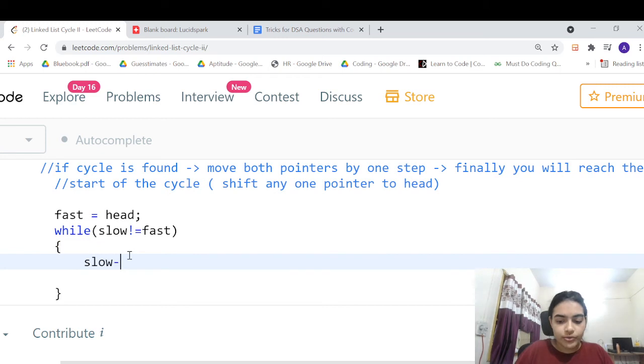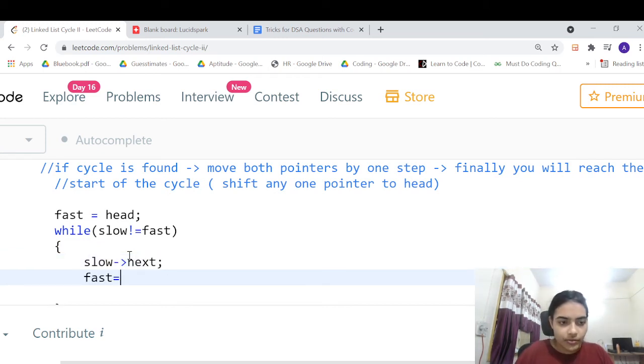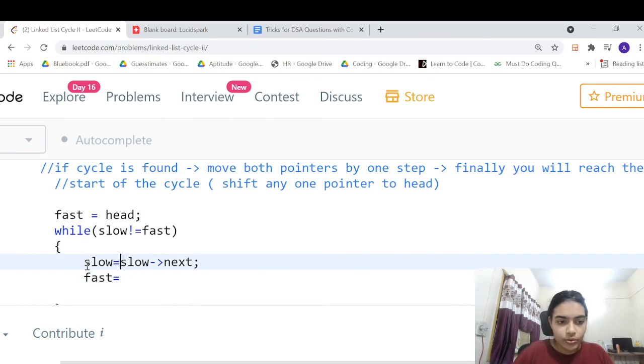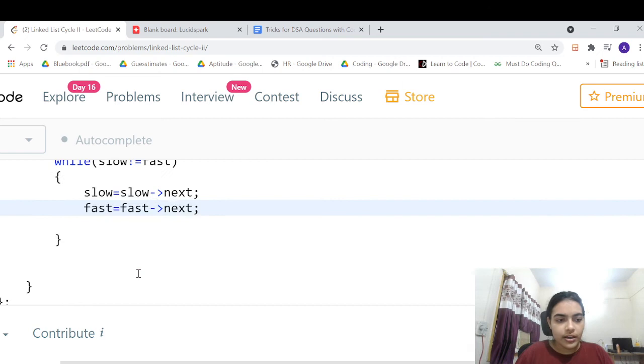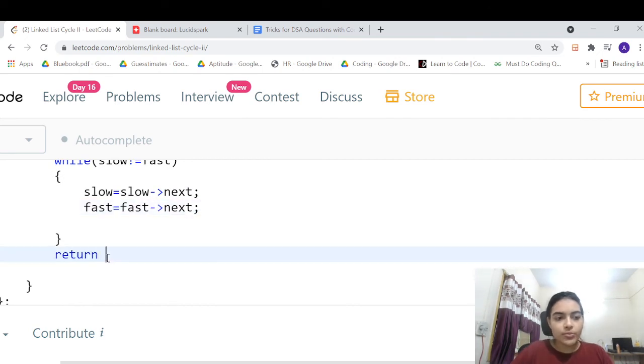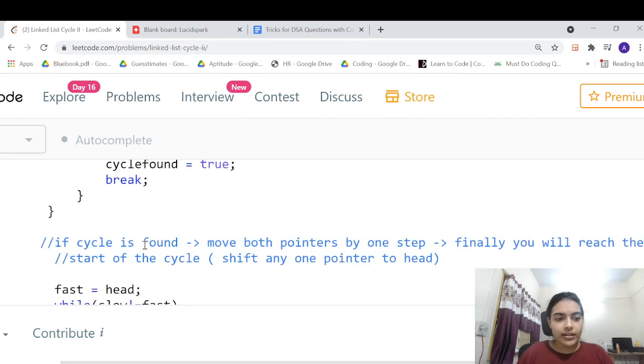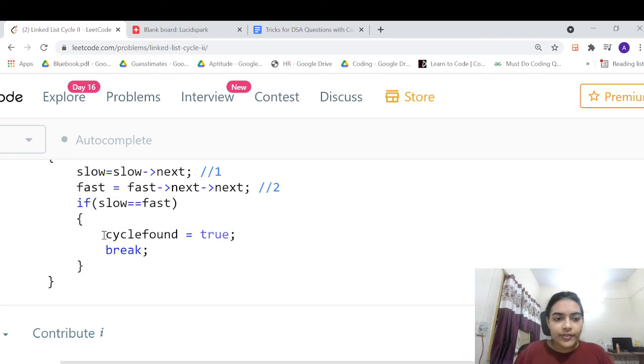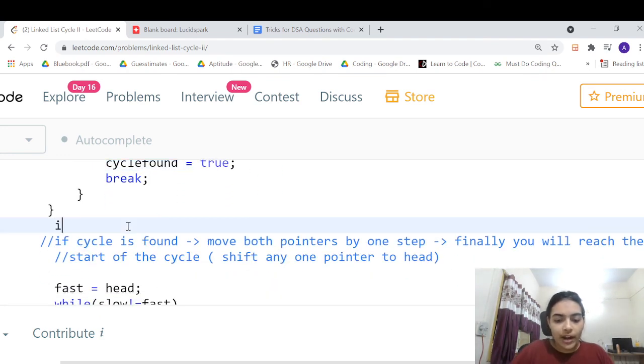Now we can just move slow by one step, and fast by one step, fast is equal to fast next. Finally you can return any of the pointers, both will point to the same node. Now if cycle was not found, in that case you will have to return null.